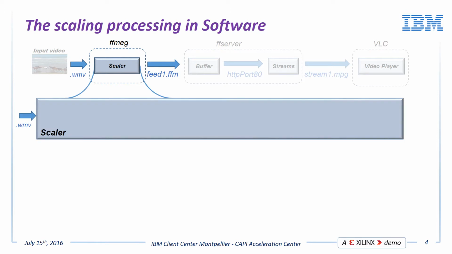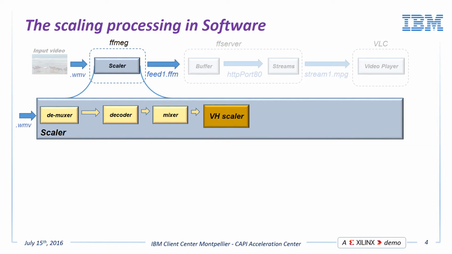The video file enters the FFmpeg, which will first demux the input file and get the packets containing the encoded data. These encoded packets are then passed to the decoder, which will produce an uncompressed raw video. The mixer will then extract bytes from 3 colors RGB arrays and rearrange them into one array before passing it to the scaler. The scaler will do the video format conversion, and after the scaling, the frames are passed to